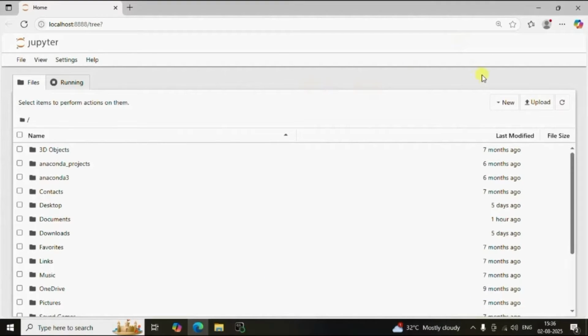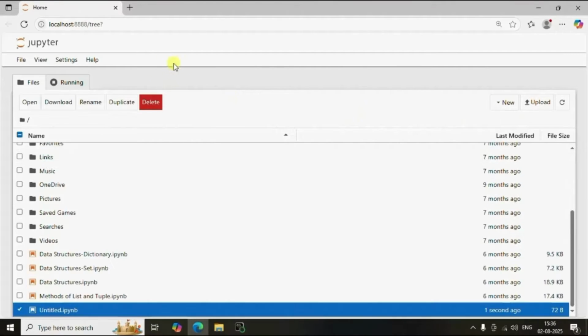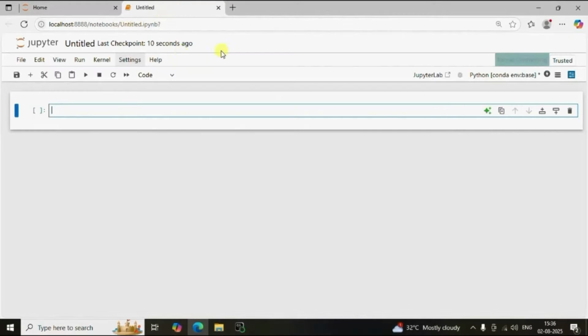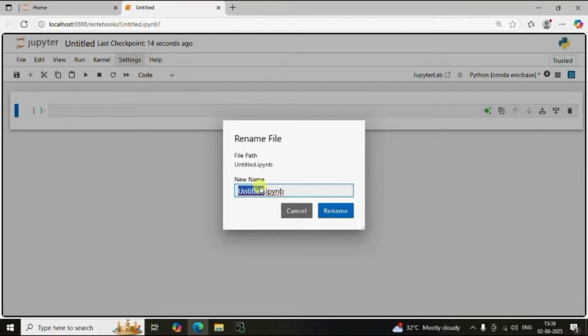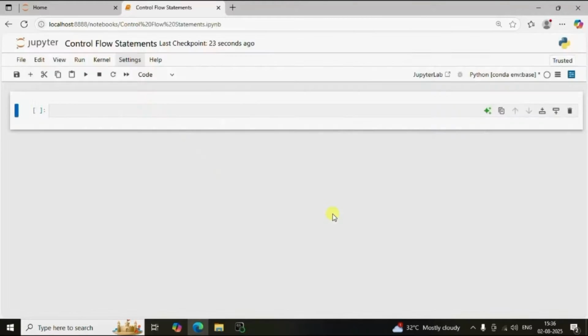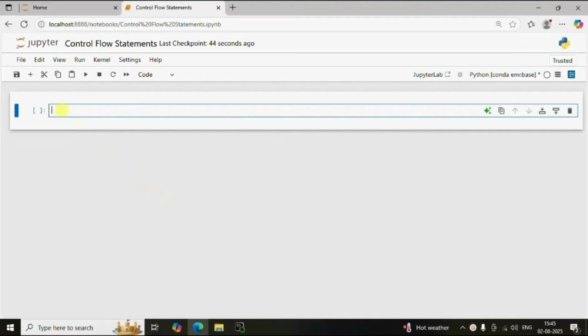Let me open a new notebook. Click on the drop down, click on Python. So a new notebook will open in a new tab. Let's rename this notebook control flow statements. Click on rename. Two control flow statements that we have in Python are if else,